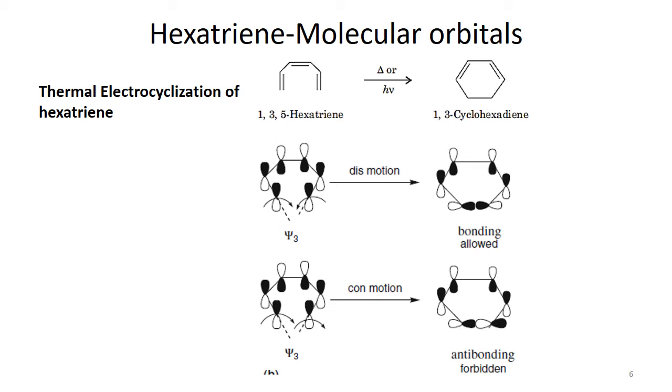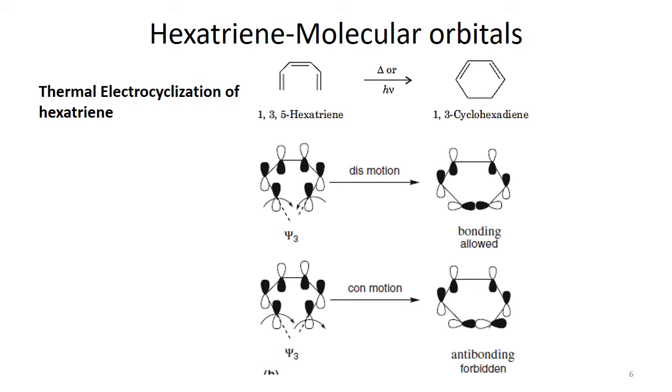So what we have to take care of next is how this HOMO can go into the reaction, because in here I have only shown psi3. It means that we are only talking about the HOMO out of all the molecular orbitals available. We have only selected the highest occupied molecular orbital, because that is the one crucial for the reaction. Okay, now we have selected which molecular orbital is going to be involved in the reaction, that is psi3.